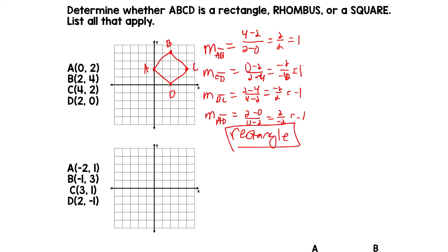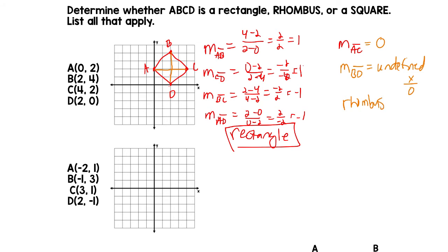Affirmative. Now, let's look at the slope of AC. We'll have a diagonal here. That is a horizontal line, so that slope is 0. How about the slope of BD? That's a vertical line, so that's undefined. What that means is that the 0 is on the bottom. So this is a rhombus